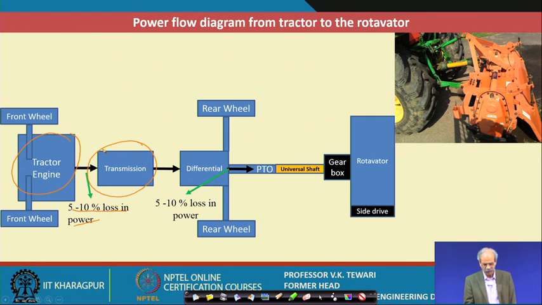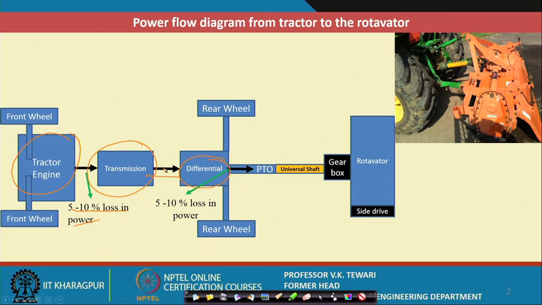Now, there could be various types of transmission depending on the tractor which is being used, or if you are asked to have a certain type of tractor transmission which is already given to you. For example, if you are given a 6+2 gearbox, or an 8+2 gearbox, or a 10+2 gearbox, depending upon that you will find what type of output I am going to get. Then it comes from the transmission to the differential, and it is well known what the differential's task is